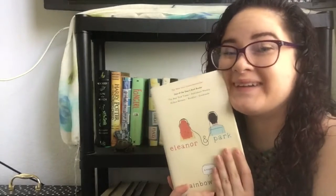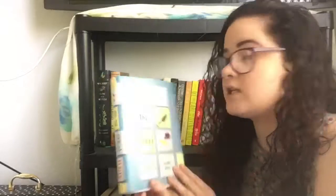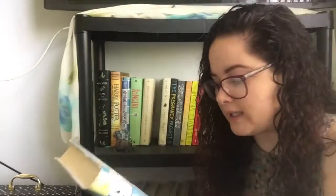This book was so good. I loved it so much. And then I have All the Bright Places. This book was also really good, and I really liked it. And then the last book up on this top shelf that I have read all the way through